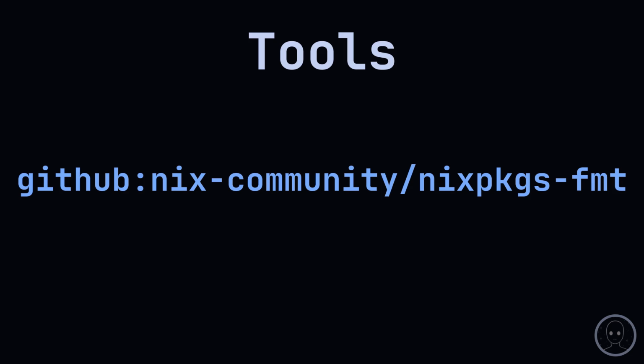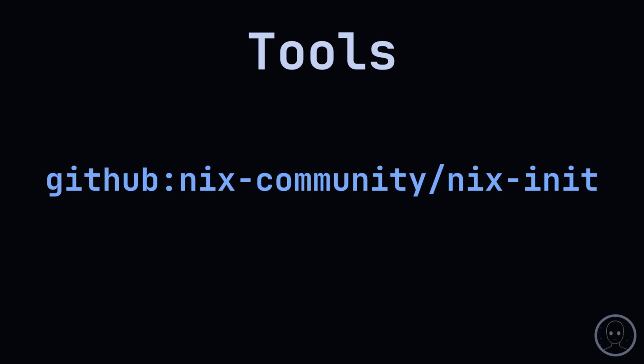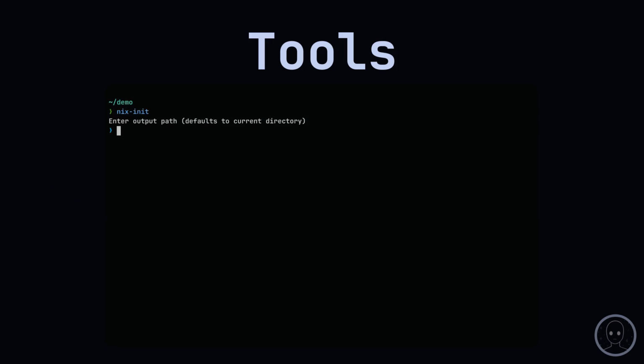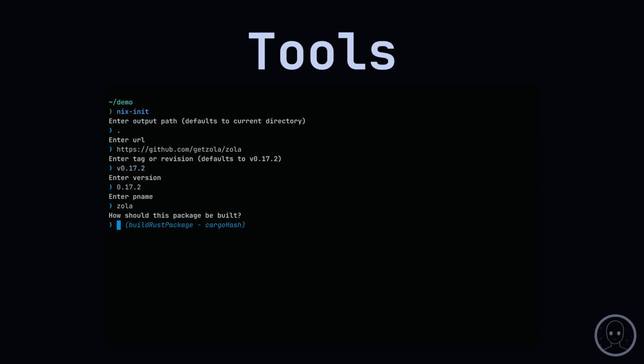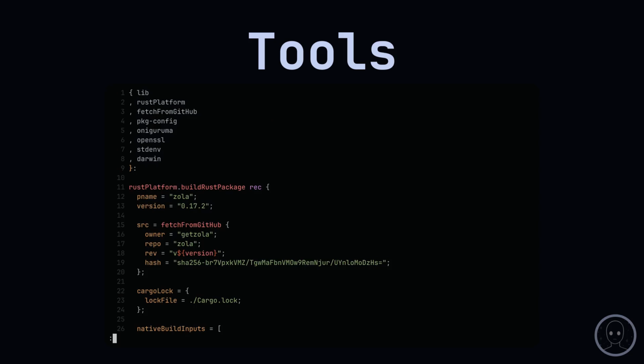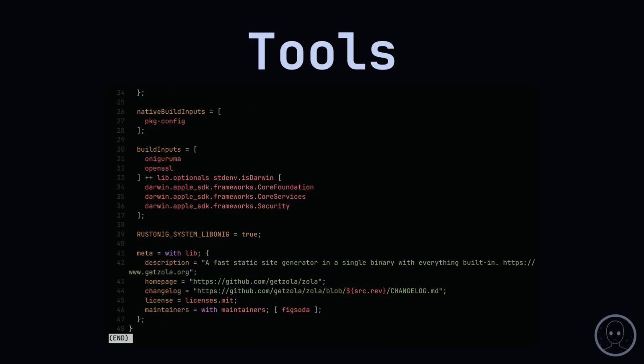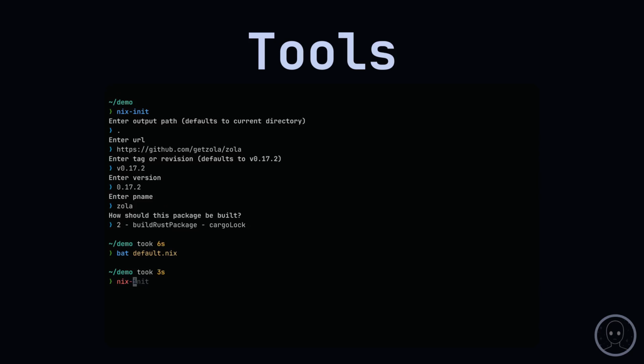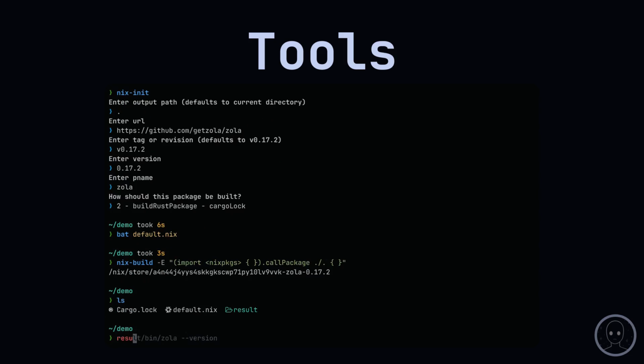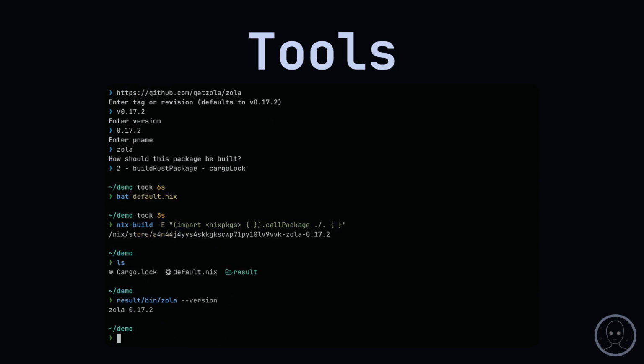If this all sounds a little bit complicated and full of boilerplate, you'd be right. The best tool by far is Nixinit. Give it a link to the source code of your package and it will create the package file, set up the boilerplate, fetch the source and pin the hashes. It will even detect the license and add it. It can also add you as a maintainer and commit the changes following the commit convention. This makes things really simple. However, don't rely on this to build completely working packages. In most cases, you'll need to add the phases and make proper builds yourself, so knowing how to do this